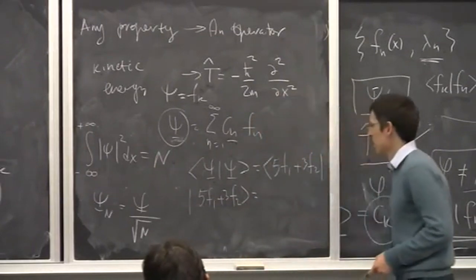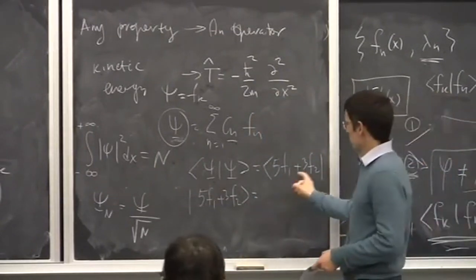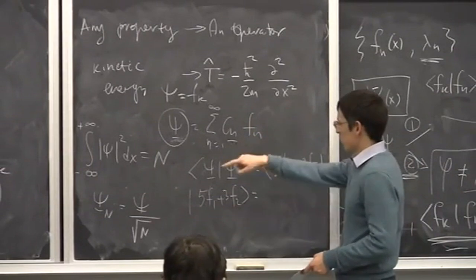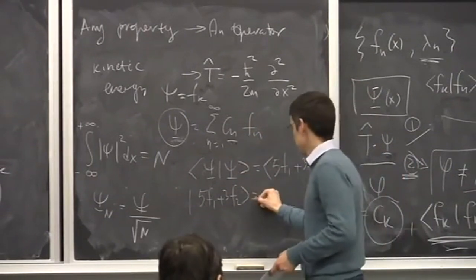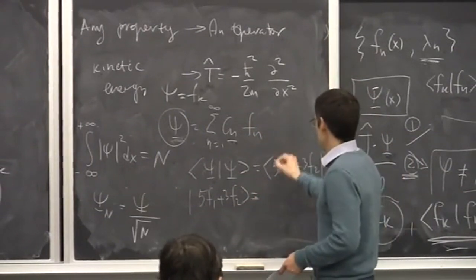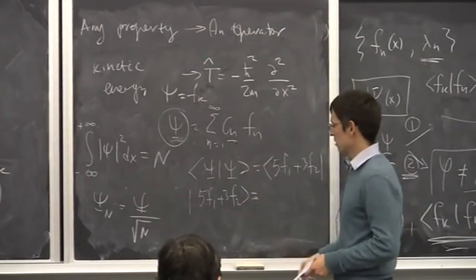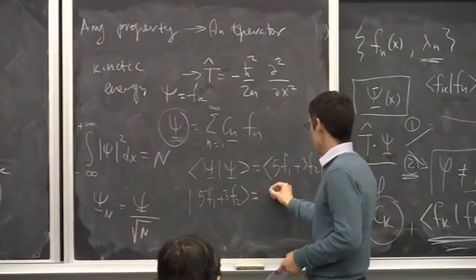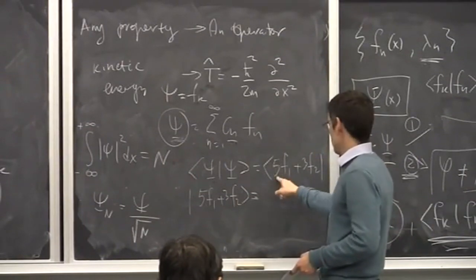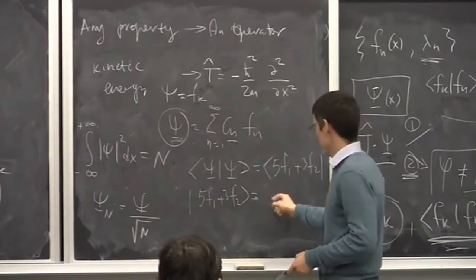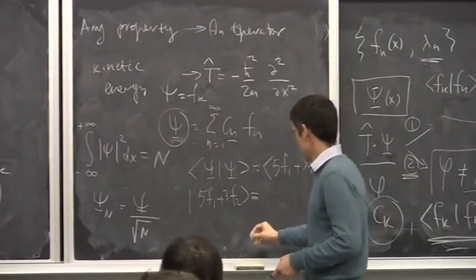Without going into integrals, this will be very easy, because the inner product is a linear, bilinear by the way, function, so you can take the coefficients out